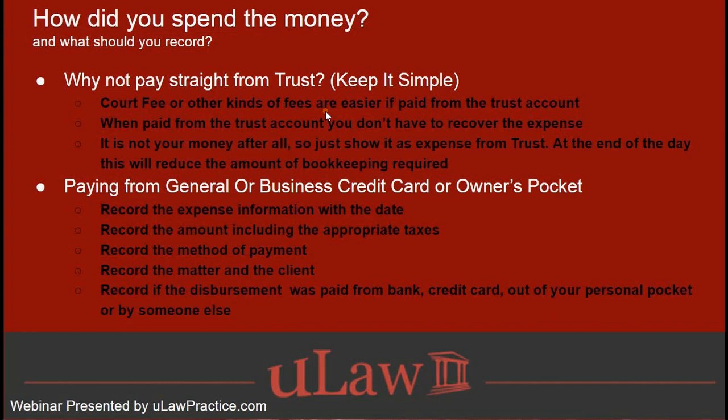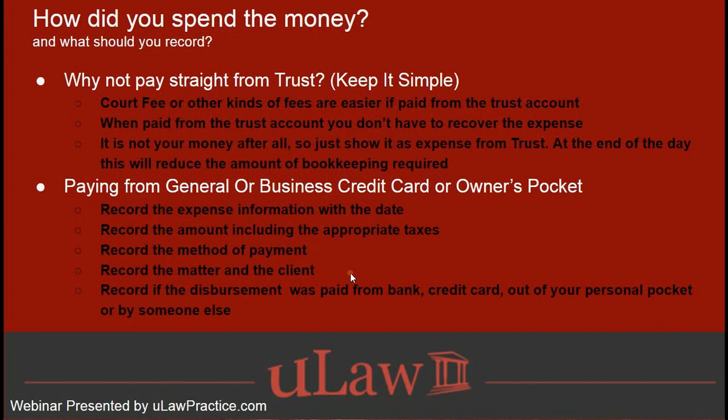Disbursement types, especially actuals, such as court fee, application fee, are good candidates for you to explore paying straight out of the trust account. Because when you do pay out of the trust account, you don't have to recover the expense, if you will. You're not waiting on the customer to pay you. You've already got that fund preset in your retainer to be repurposed. And, if it's not your money after all, why not use the trust account so that it's easier on your own bookkeeping and mitigates some of that risk of non-payment.